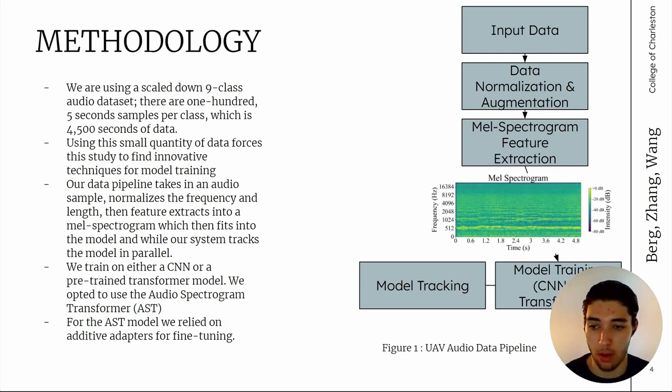So for the transformer models, we used a pre-trained model from Hugging Face. We opted for the audio spectrogram transformer, or AST. It's a generalized model that we fine-tuned to fit our dataset. For fine-tuning, we relied heavily on additive adapters. So these freeze the model and they add specific layers that we only train those added layers, which is